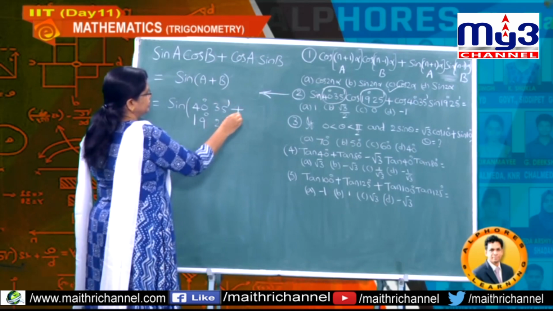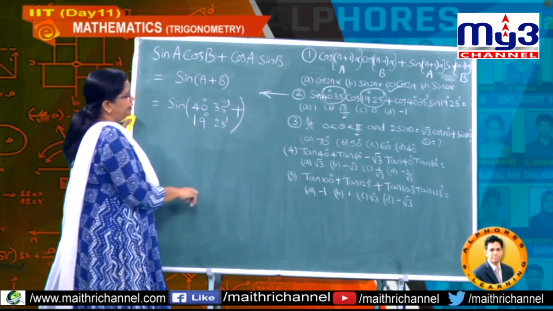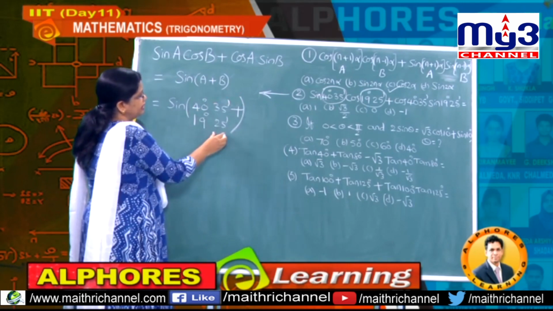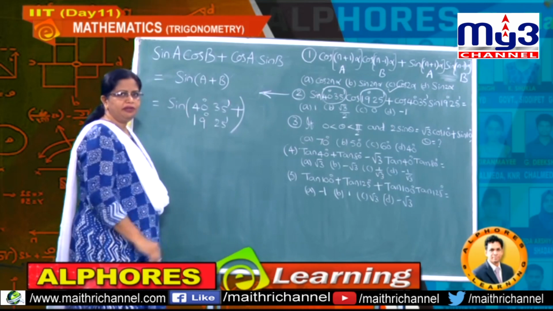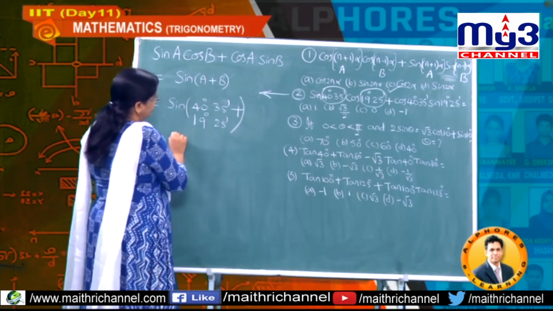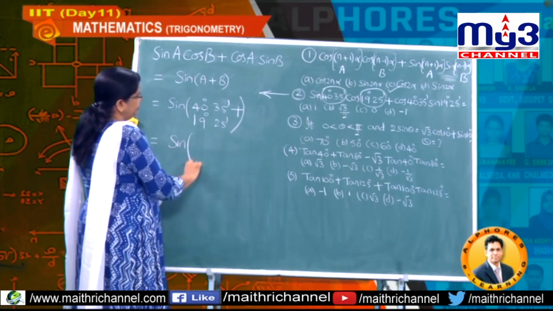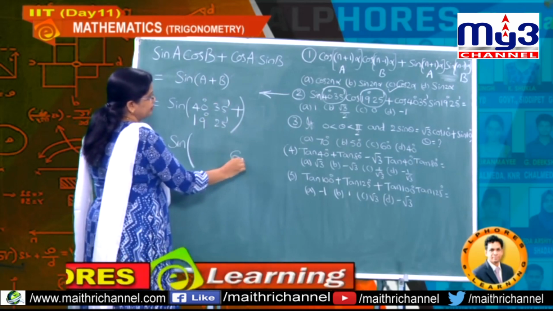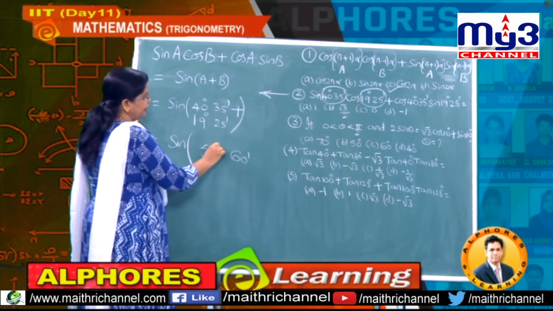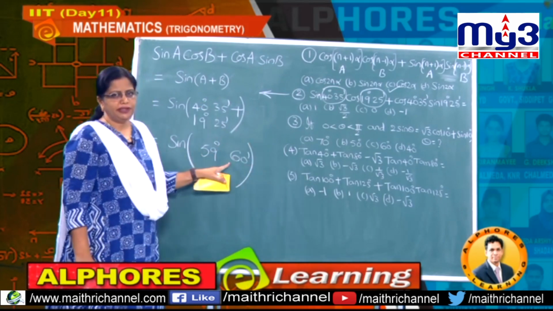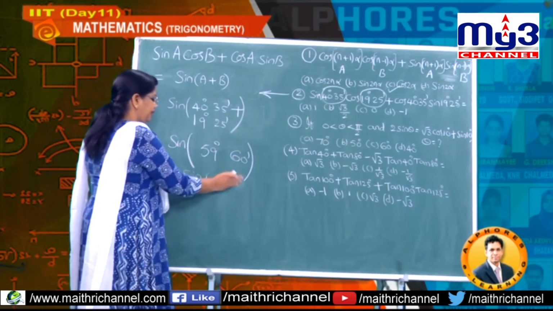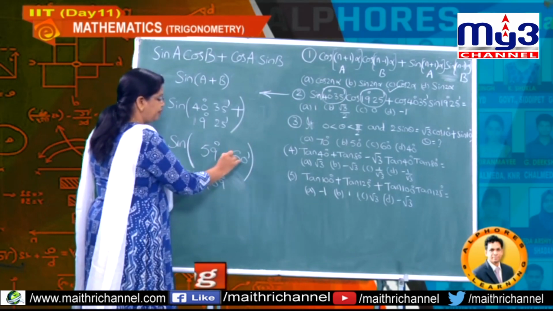Understand students? So this is the value you got, and whenever degrees and minutes are there, you should add the minutes value and the degrees separately. However, we add rupees and paise, in the same way you have to add here also. That means it is equal to sin of, if I add these two, it is 60 minutes. Understand? 5 plus 5, 60 minutes, and this one is 59 degrees. But we know 60 minutes is nothing but how much? 1 degree. So I am writing 59 degrees, and this one is again 1 degree.